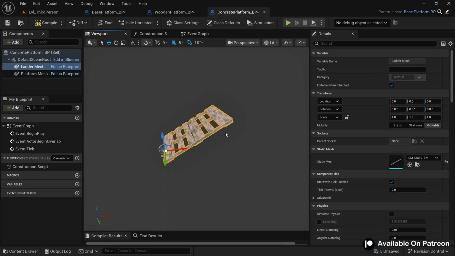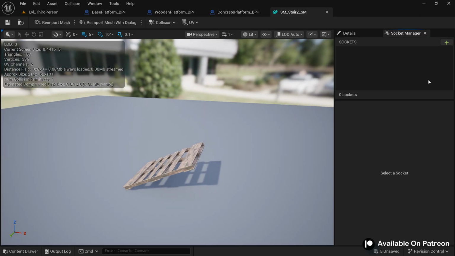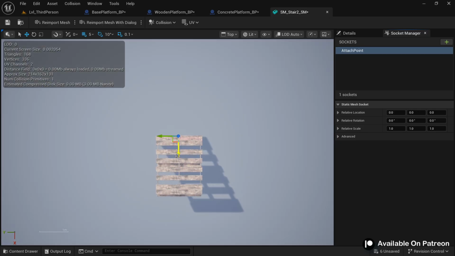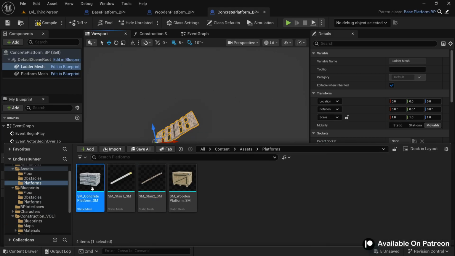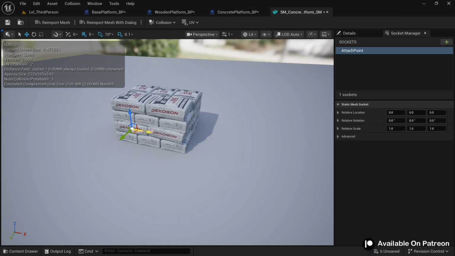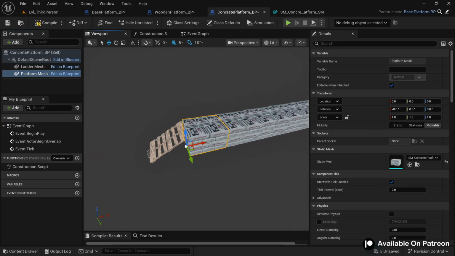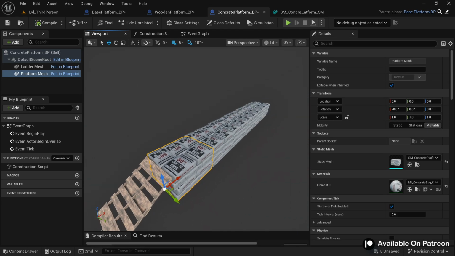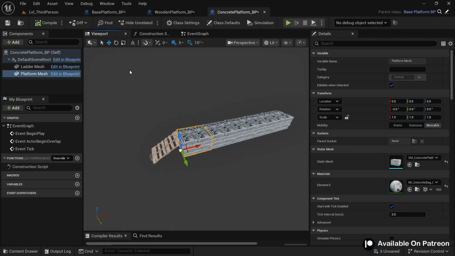Now here we haven't created any socket point for this platform meshes, so let's open up this static mesh, and from here at the socket point, just like we did for other platforms, name this attach point and place it at the end of the mesh. Now do the same with this platform mesh. And there you can see it works perfectly fine for this another platform. And now we have these two platform blueprints ready for a game,